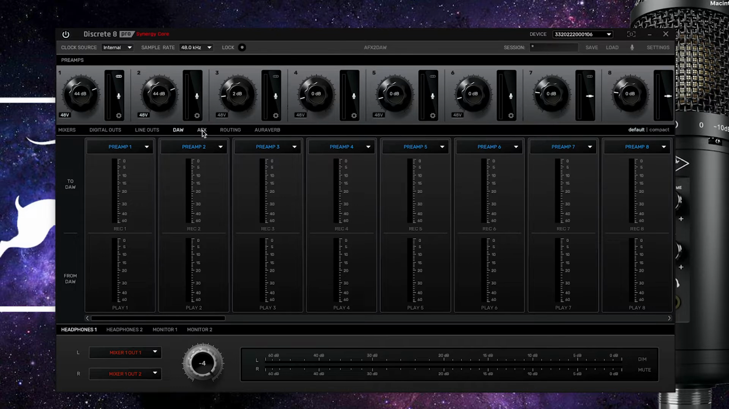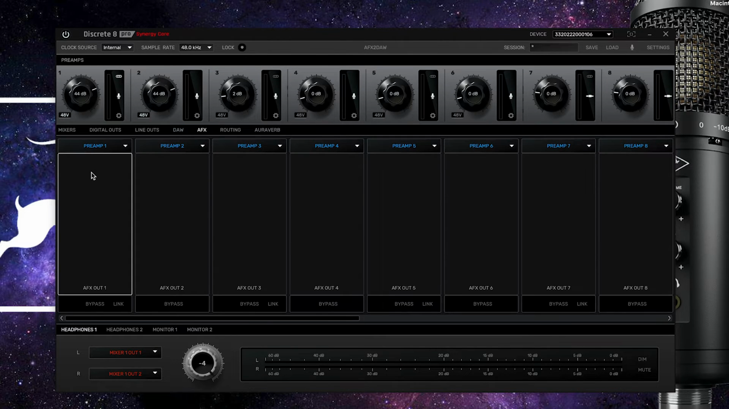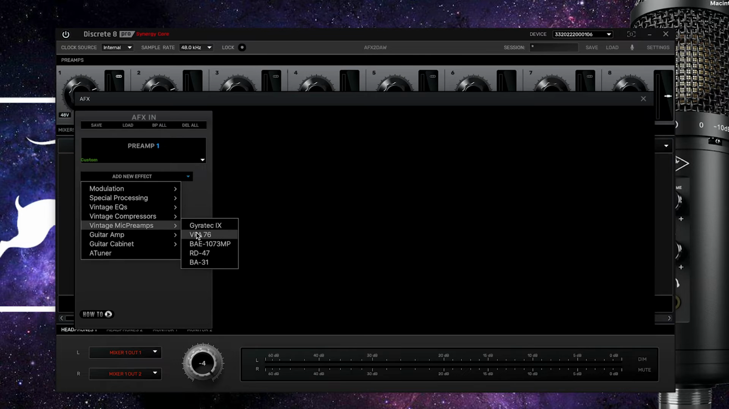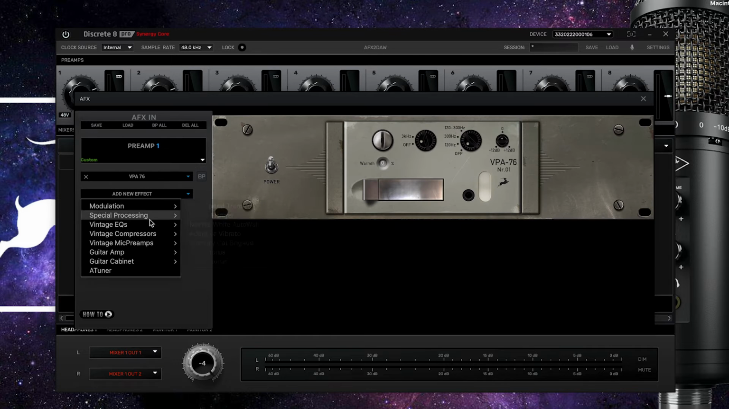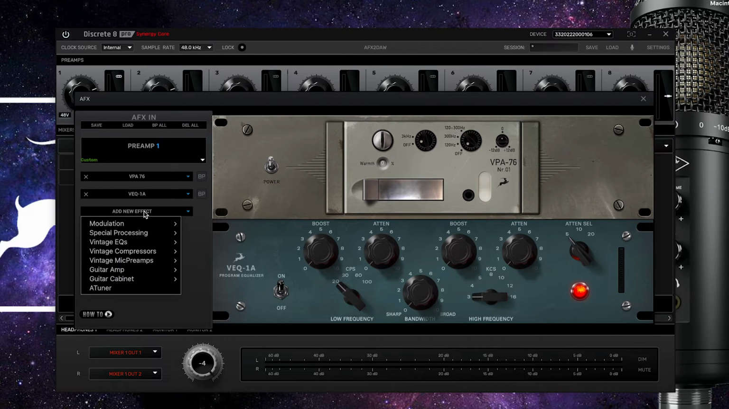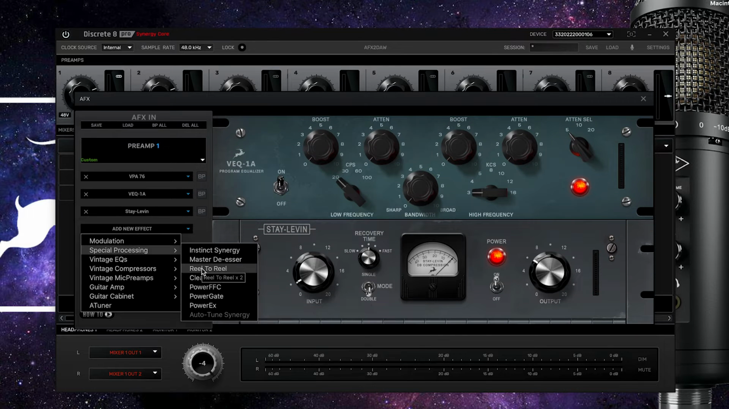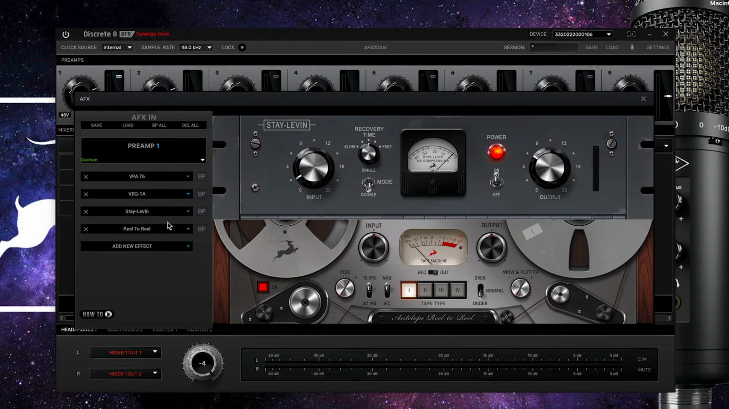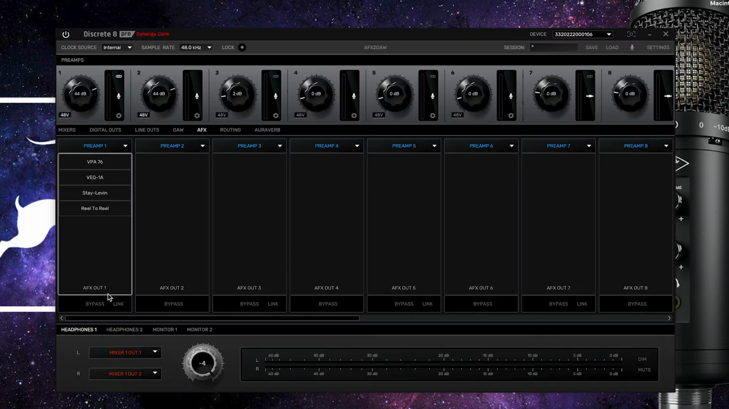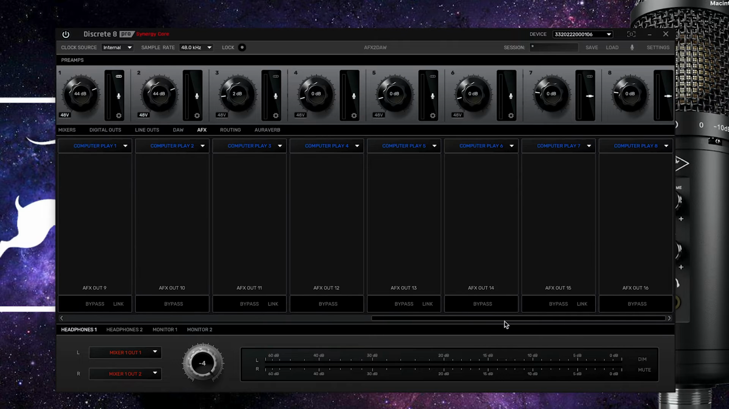The next tab is our AFX tab. This is where we can assign the input to our 16 AFX slots and assign the effects and processing we wish to take place. Each slot routes directly to its own AFX output, which can be routed separately. AFX slots can also be paired for stereo operation. There is no compact AFX view, so to access slots 9 through 16, use the slider along the bottom of